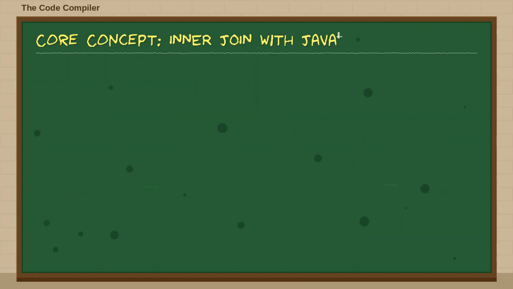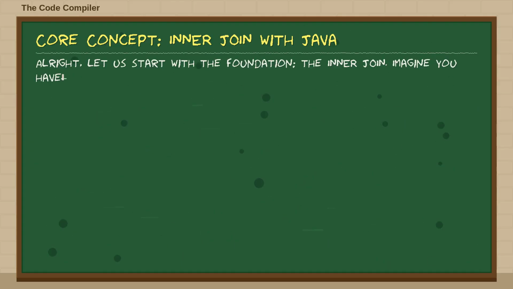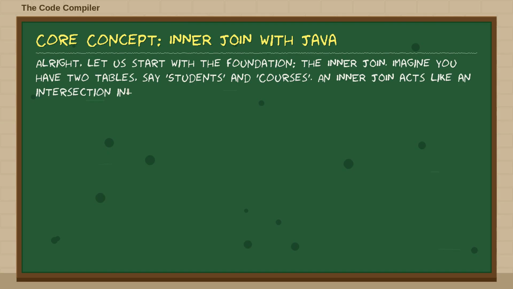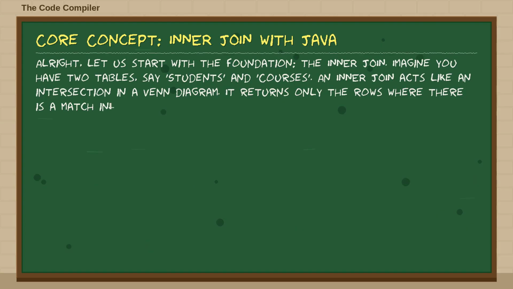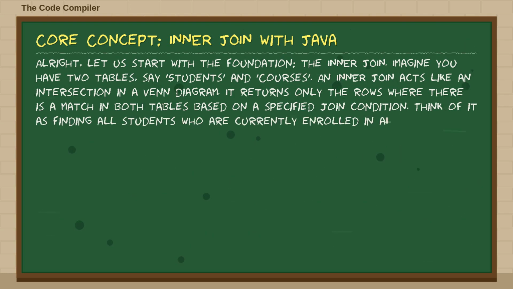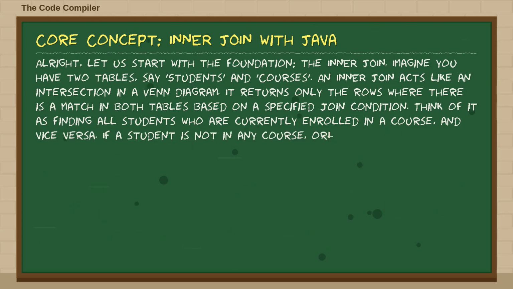Alright, let us start with the foundation, the inner join. Imagine you have two tables, say students and courses. An inner join acts like an intersection in a Venn diagram. It returns only the rows where there is a match in both tables based on a specified join condition. Think of it as finding all students who are currently enrolled in a course and vice versa. If a student is not in any course, or a course has no students, those records will not appear in